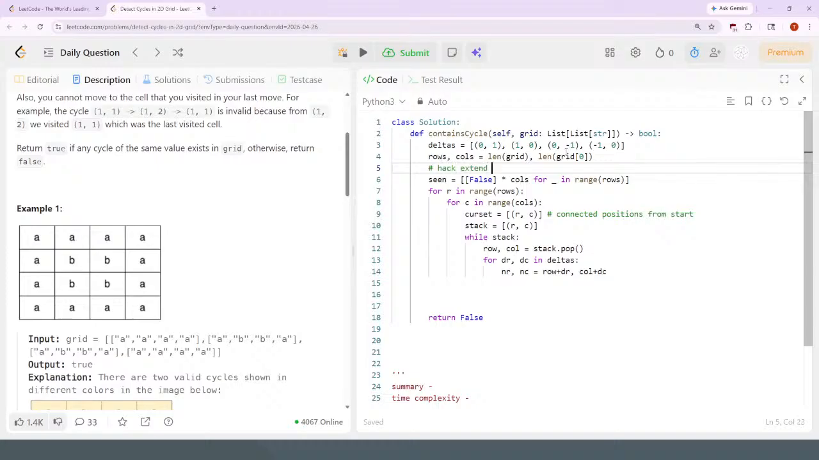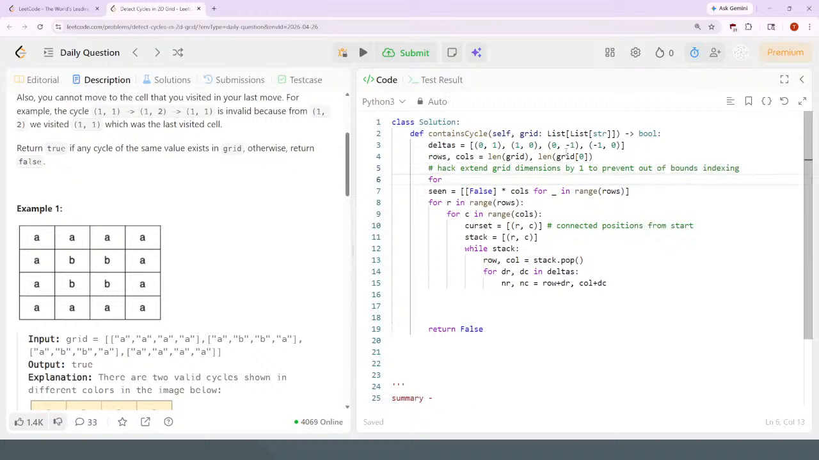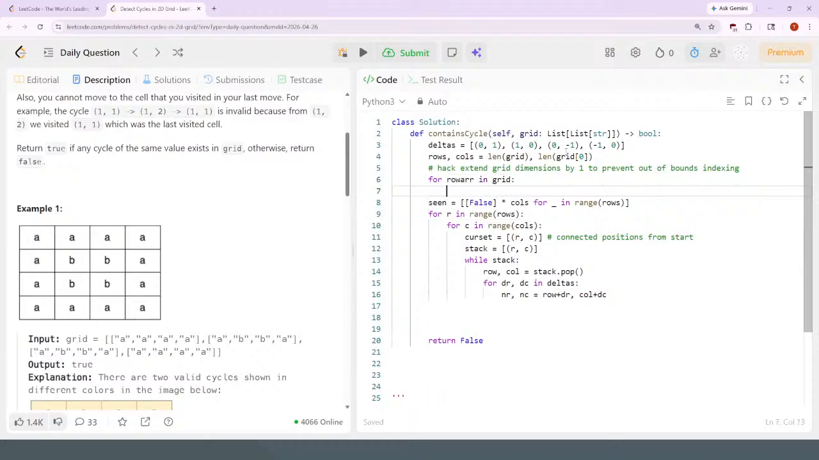Hack: extend grid dimensions by 1 to prevent out of bounds indexing. So for every row array in the grid, row array appends, I don't know, just an underscore,